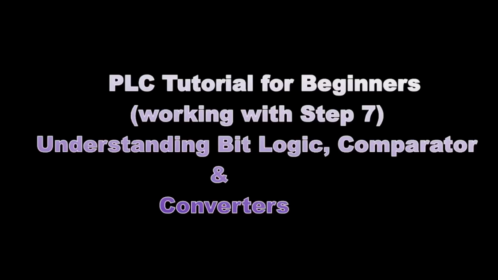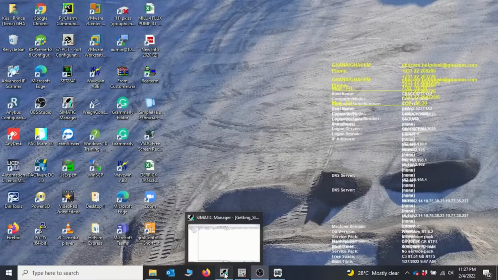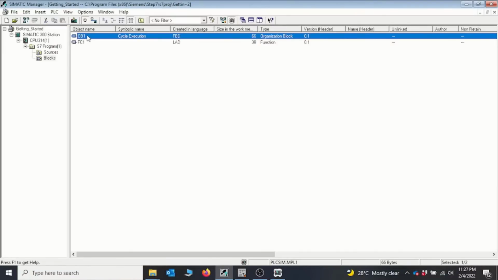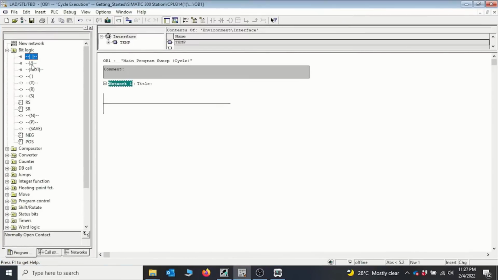In this part of my tutorial series working with Step 7, I will walk you through how to use bit logics, comparators and converters in Step 7. Let's get started. So I will move to Step 7 and open OB1, and on our left side we have